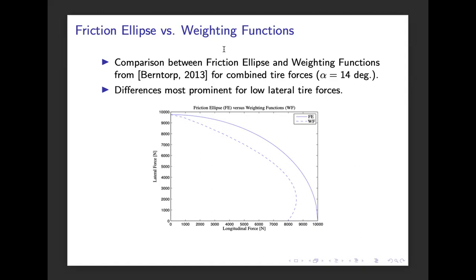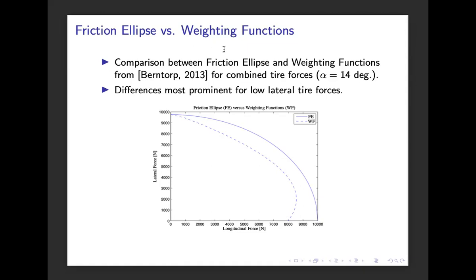And that limit is described here by this friction ellipse. So that's the kind of motivation behind using this kind of modeling. We cannot develop more forces than what is prescribed by the friction ellipse here. And then, okay,